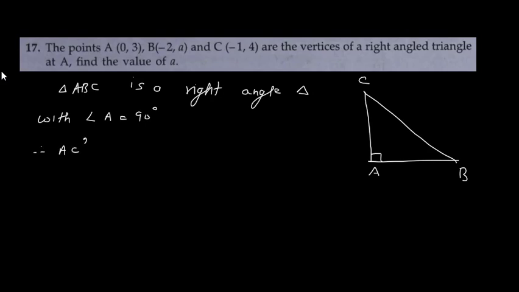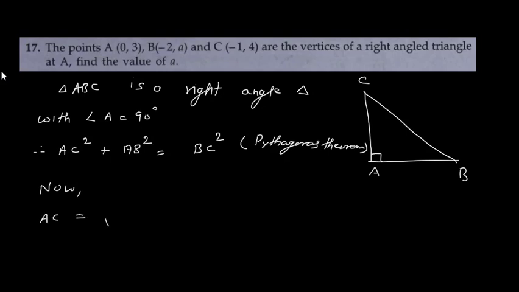Therefore AC square plus AB square is equal to BC square. This is the Pythagoras theorem, right? Now I will write here in bracket, Pythagoras theorem. Now first I find AC square, so for that first find AC. AC is the square root of